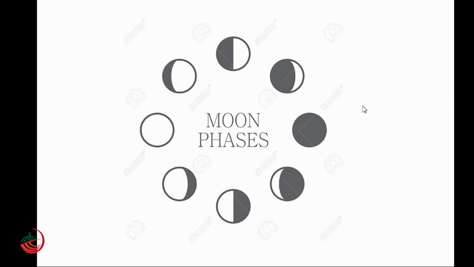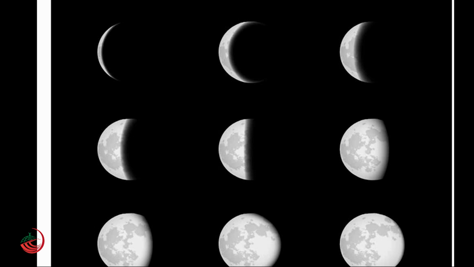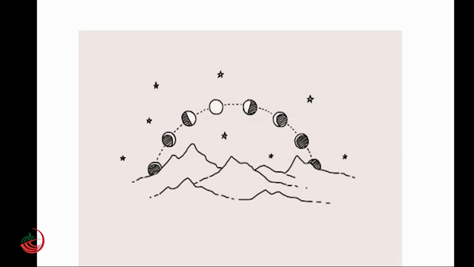When it's not fully facing the sun, we call it a new moon, because it didn't start its phases yet. Okay, that's how we see it in the sky. It starts to be bigger and bigger. It's all there, but this is the part that is lit by the sun, and this one is not, until it faces all of the sun and becomes bright like this. And because it's going around and around,